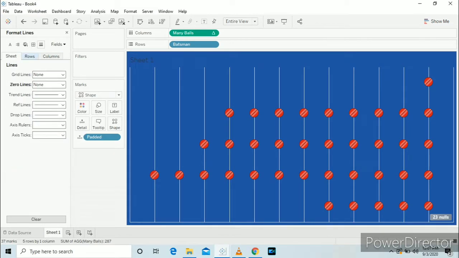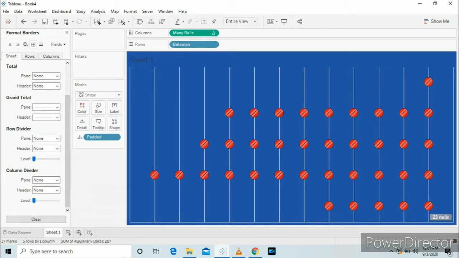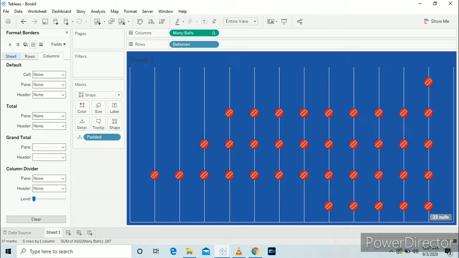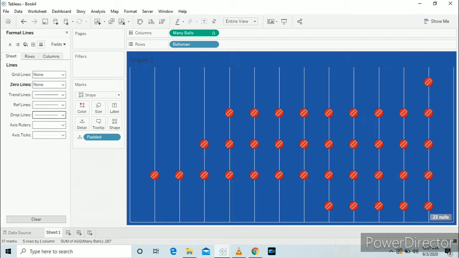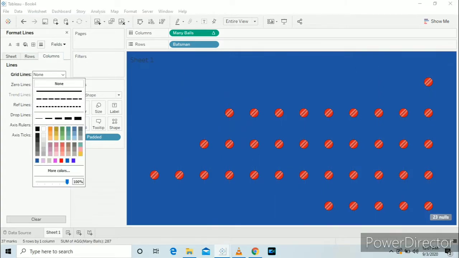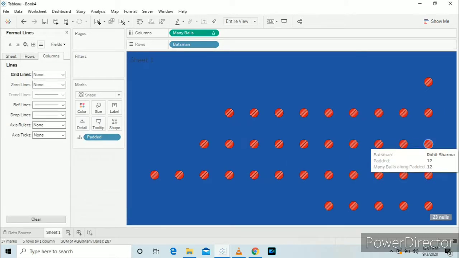Remove all the lines. Okay, now our view is clear.